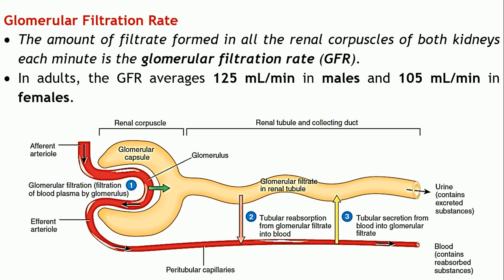Okay, so this is to do with the glomerular filtration, the process of filtration. We have seen the different layers of the filtration membrane which the filtrate has to cross, and we have seen the pressure differences which make it possible for this filtration to take place. Now there is one parameter which can be measured over here, which denotes the normal functioning of the kidney, that is the glomerular filtration rate. This is quite an important point. The GFR, this is the accepted short form for the glomerular filtration rate.